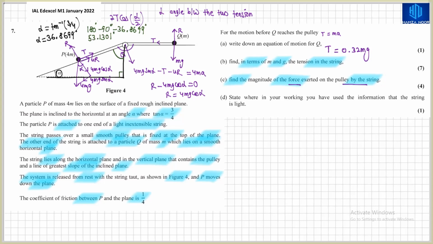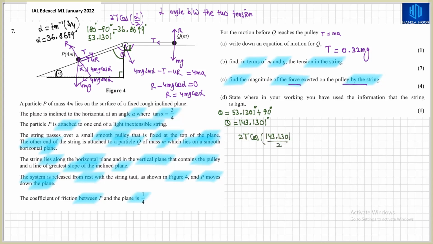And now in order to find the angle theta, which we need over here, it would be 53.1301 plus 90 degrees. Okay, so the angle between the two tensions, which I marked as theta, is equal to 53.1301 plus 90 degrees. This angle theta is 143.1301 degrees. So our requirement would be 2 multiplied by T multiplied by cos